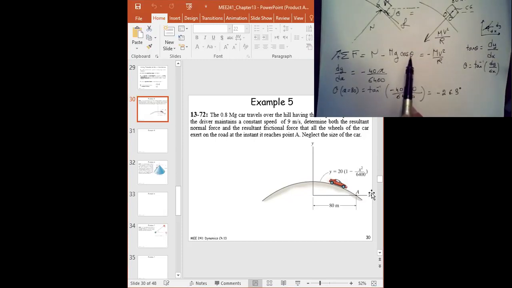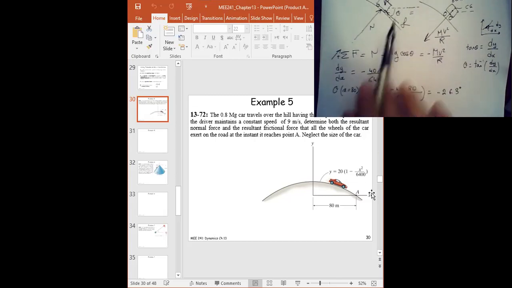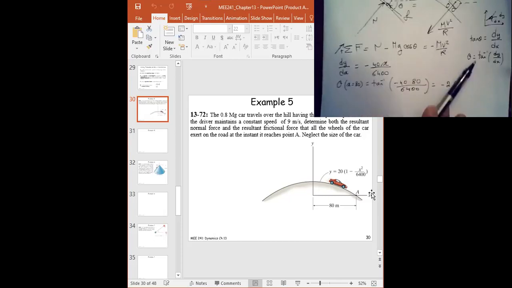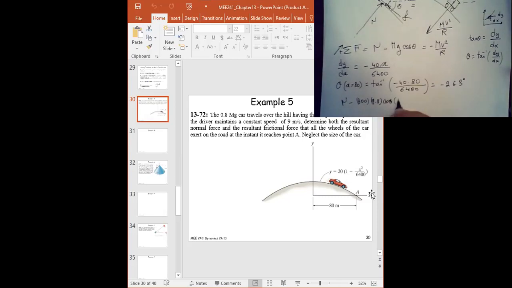So can I put this theta here? Should I put 26 or minus 26? Exactly. Minus 26 simply indicates a line going down, right? Here we're looking at the absolute value of theta for this function. We're taking the absolute angle here. Okay, so it's going to be N minus 800 times g times cosine of 26.3 is equal to minus 800 times